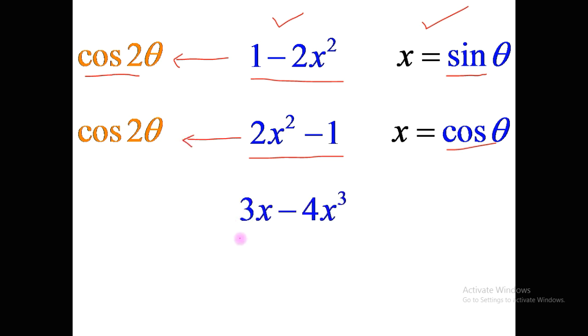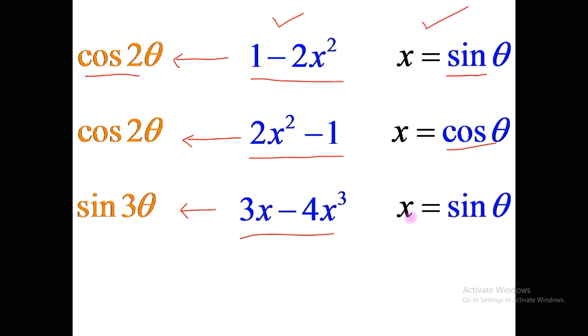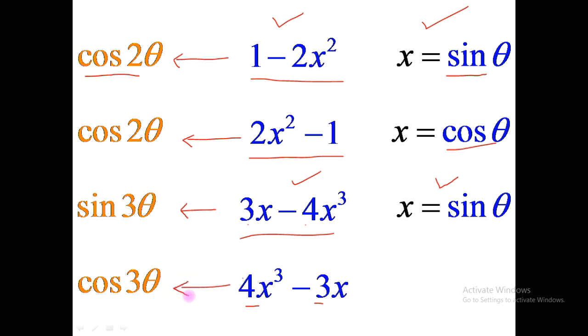Now looking at the expression itself, we get the idea that this is the formula for 3 theta, as this is the form related to sine of 3 theta, which is 3 sin theta minus 4 sin cube theta. So whenever I see an expression of this form, I will substitute x is equal to sin theta. If it is 4 first and 3 later, see here 3 comes first and 4 later, but here 4 comes first and 3 later. So it suggests that it is the form for cos of 3 theta. So here I substitute x is equal to cos theta. So these are the various forms and the corresponding substitutions for them.